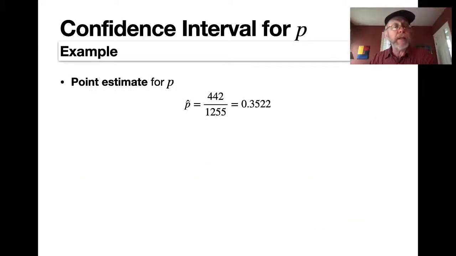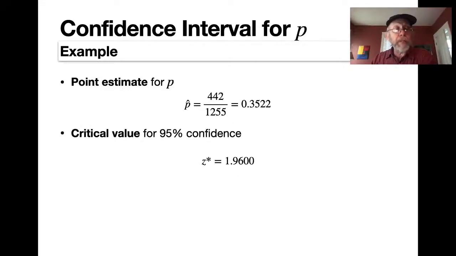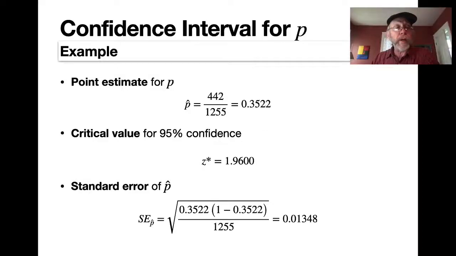The point estimate for p is our sample proportion p hat, which we've already seen is 0.3522. A critical value for 95% confidence just comes from the middle 95% of the standard normal distribution, and we've seen that number very often. It takes 1.96 standard deviations to span the middle 95% in a normal distribution. The standard error we compute by plugging in our p hat value to the formula for the standard error. So there you see it. Be careful with the calculations because you need to do the fraction first and then the square root. The result is that our standard error is